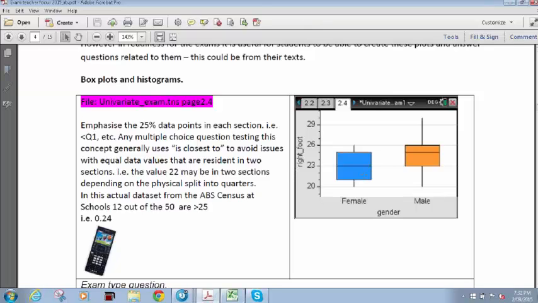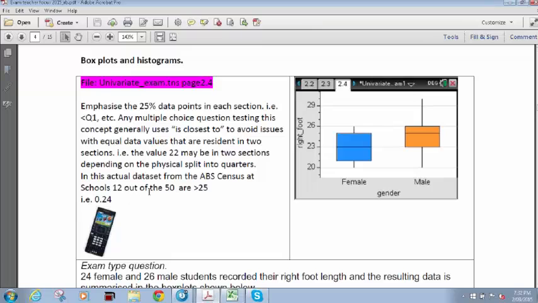So basically, if they give these box plots here, they're actually checking to see if students know there's approximately 25%. It's not going to be always exactly 25. We may have the same number appearing in two compartments there, even though we've tried to divide them into equal 25s. So you'll see in the exam, in the multiple choice questions, they'll say is closest to. So in this case here,